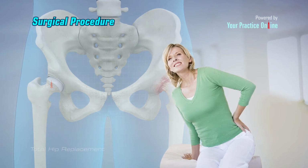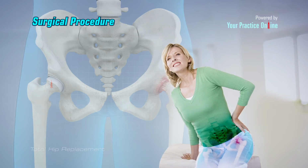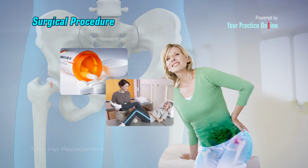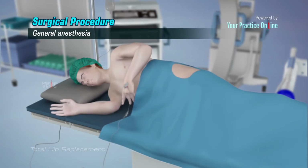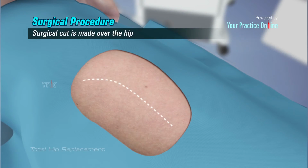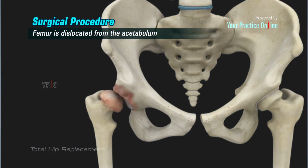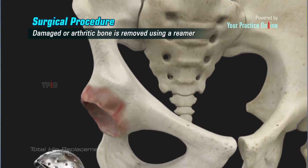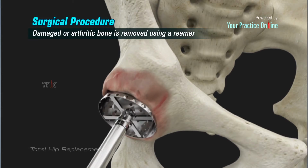Surgical procedure. Surgery may be recommended if conservative treatment options such as anti-inflammatory medications and physical therapy do not relieve the symptoms. The surgery is performed under general anesthesia. During the procedure, a surgical cut is made over the hip to expose the hip joint, and the femur is dislocated from the acetabulum. The surface of the socket is cleaned, and the damaged or arthritic bone is removed using